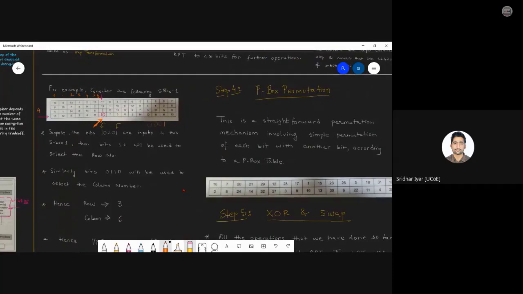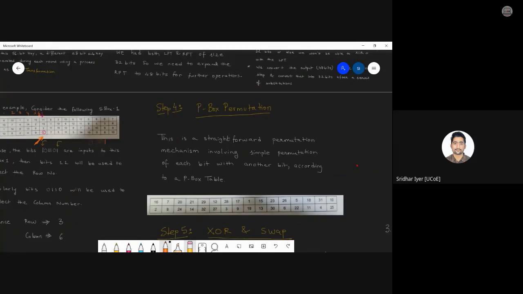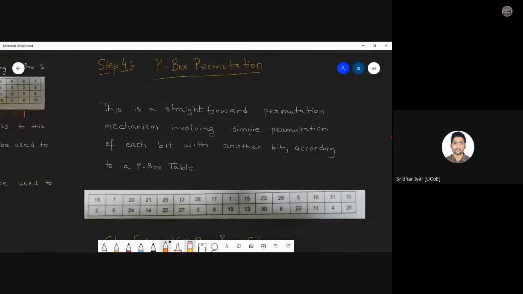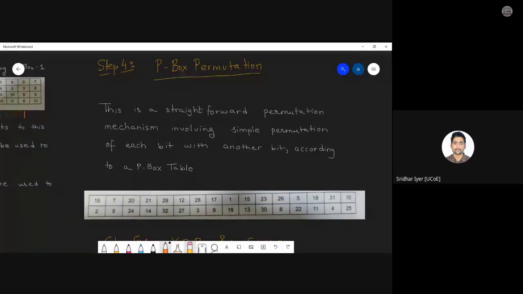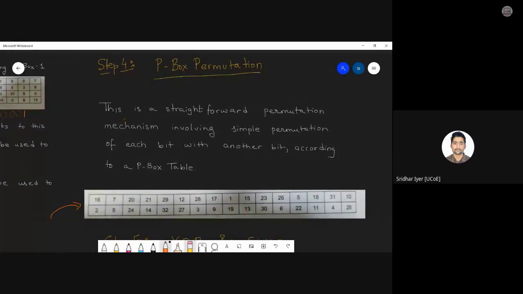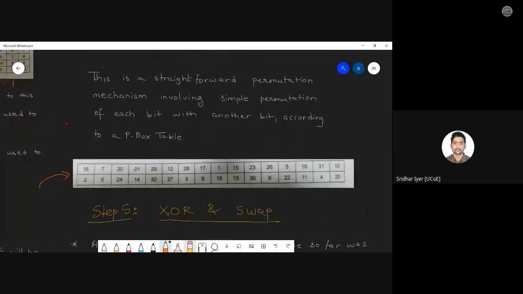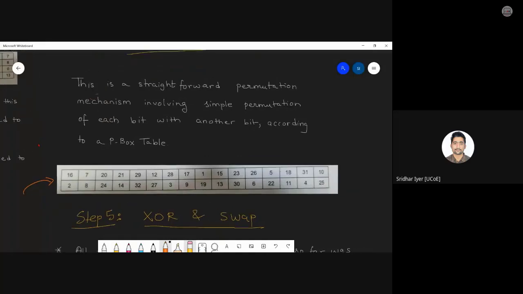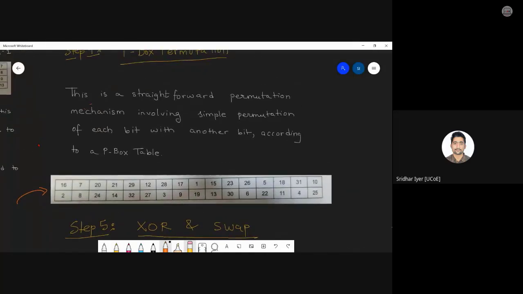What happens in P box permutation is very simple. You simply follow this table over here. Again, you don't need to mug up everything. You don't need to learn everything by heart. You can write any values over here. For example, check this table. It is a straightforward permutation table. Whatever value you're having at the 16th position will now be your first bit. Whatever bit you're having at the 7th position will now be your second bit, and so on. And this will go till 32. I guess it is obvious now. Why 32? Because we are having a 32-bit input, right? Am I clear now? Yes or no?